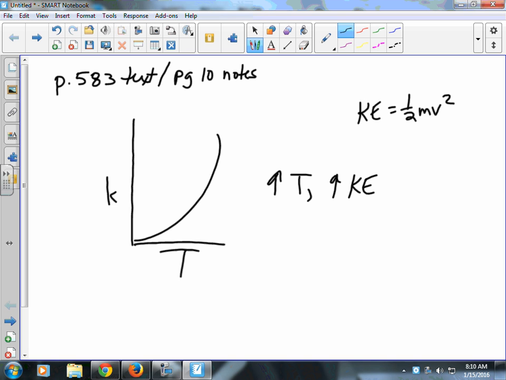So the more kinetic energy, the more velocity these molecules have. They're moving faster. What does that mean? That means that they have more collisions with each other. More collisions, more reaction. More reactants changing to the products, because if we take a real simple model,